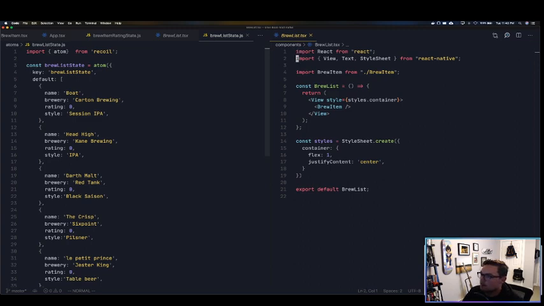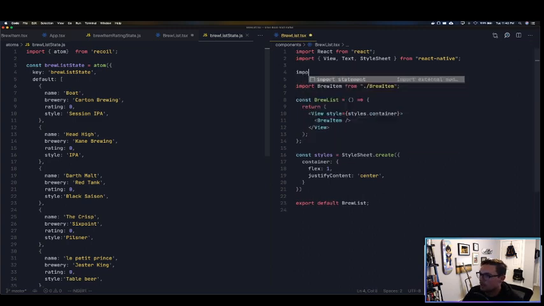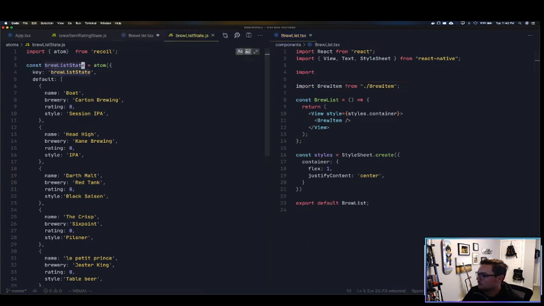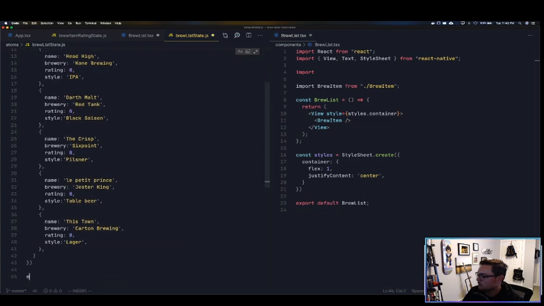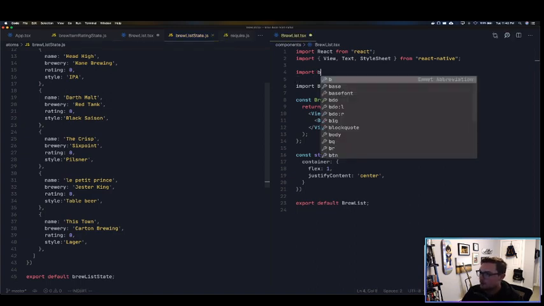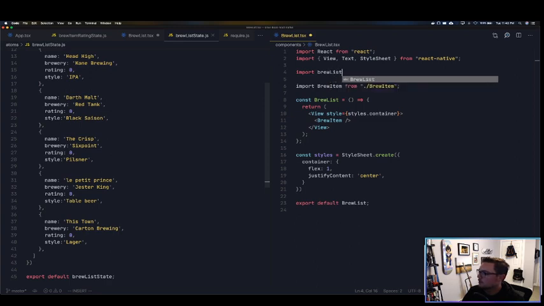All right, let's see. So we got our brew list. We're gonna go ahead and import that atom. First, we want to make sure we export it. I'm just using default exports here. We don't have to. We could easily have an index, and that's probably what I would do. Have an index at the atom level and export them all. Maybe we'll do that after this. But for now, I'll import brew list state